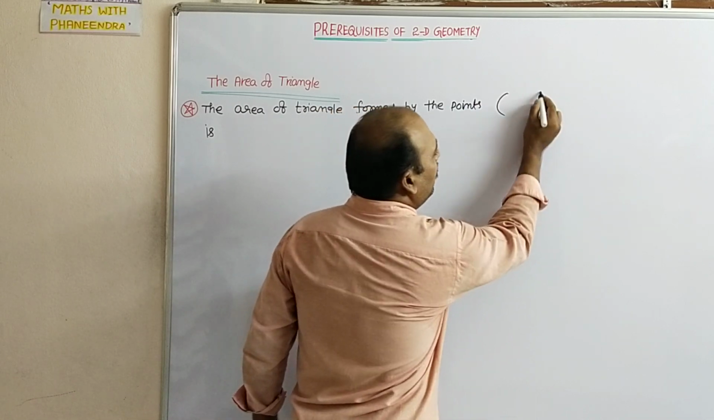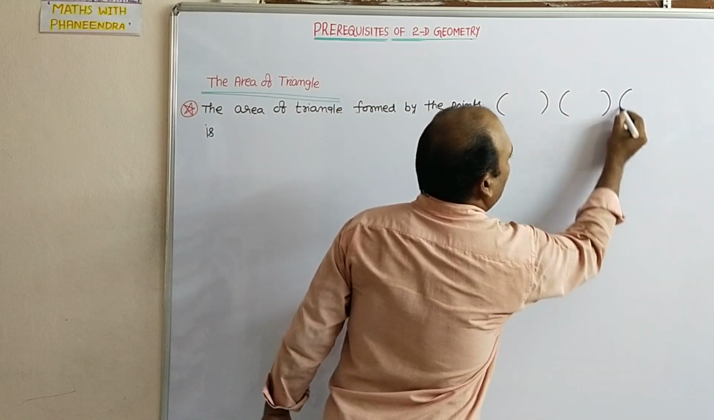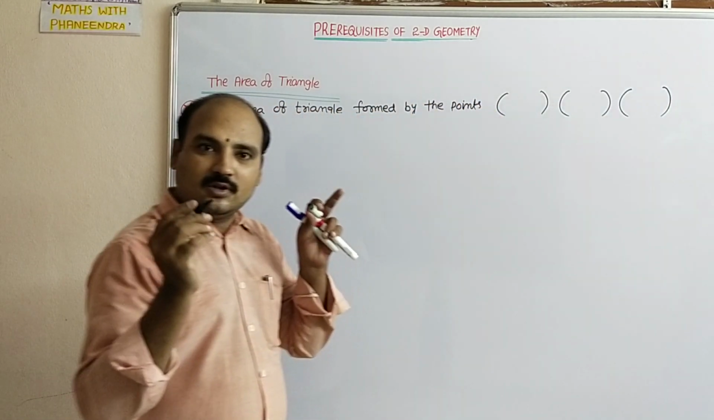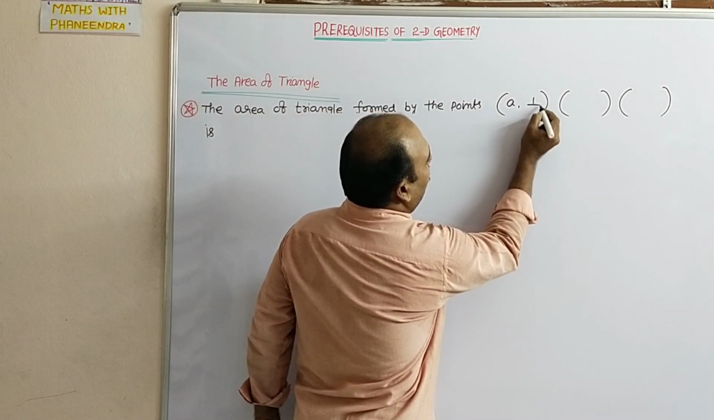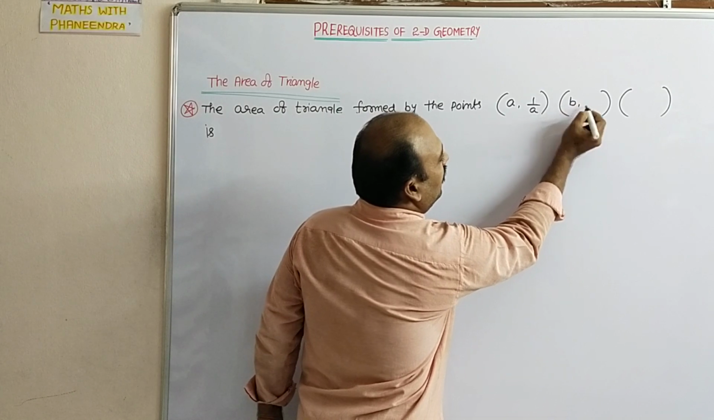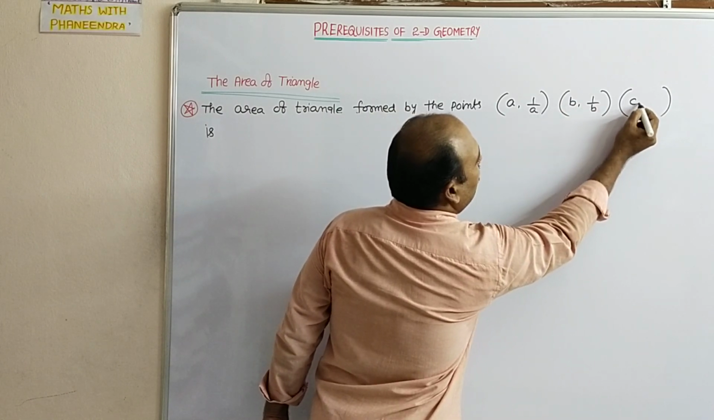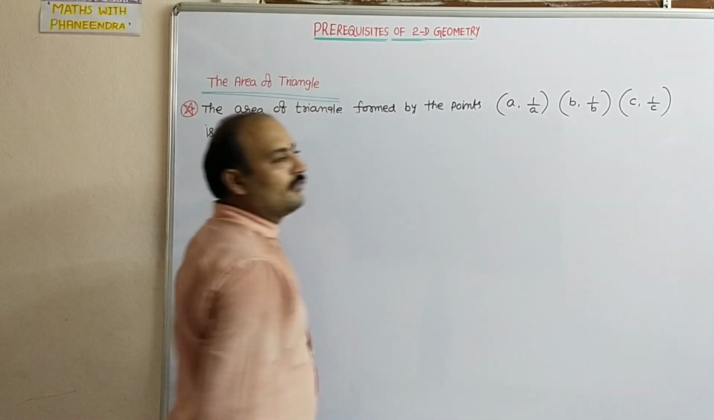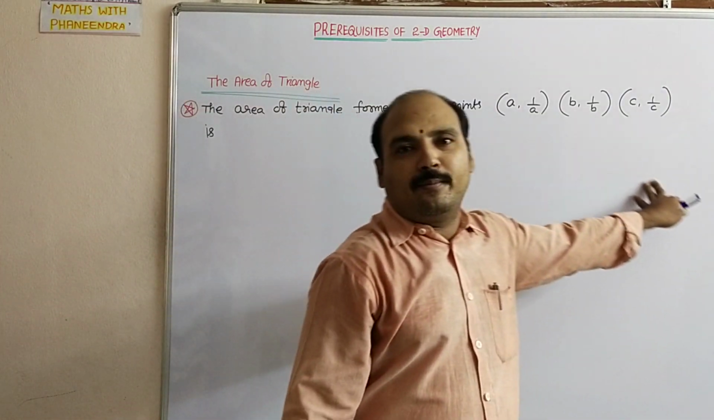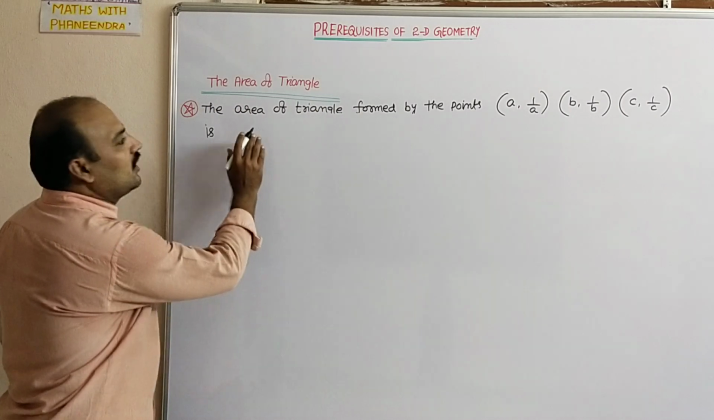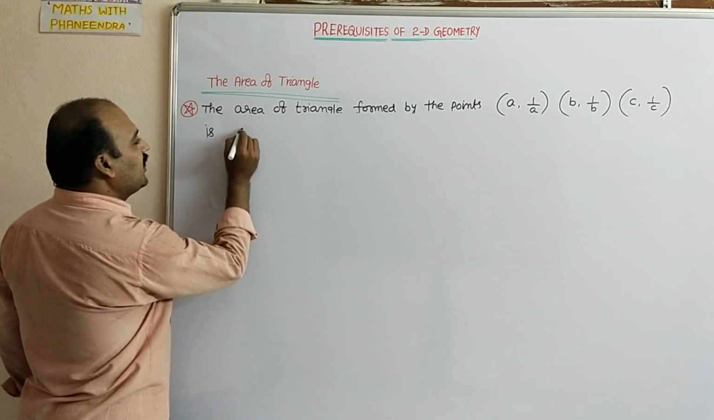See, the point should be in this form. Otherwise, we cannot apply this formula. The points which are in the form of a, 1 by a; b, 1 by b; c, 1 by c. Whenever the points are in this form, the area of the triangle formed by these points is